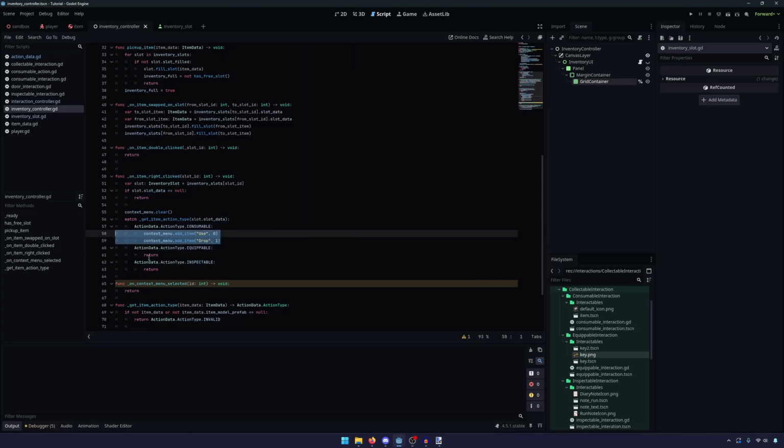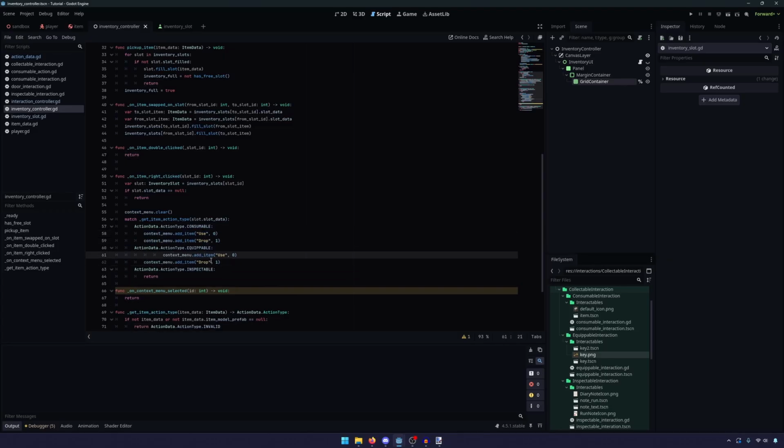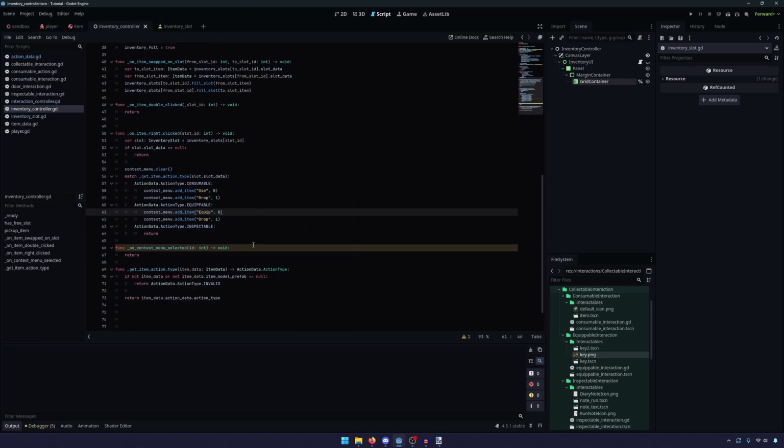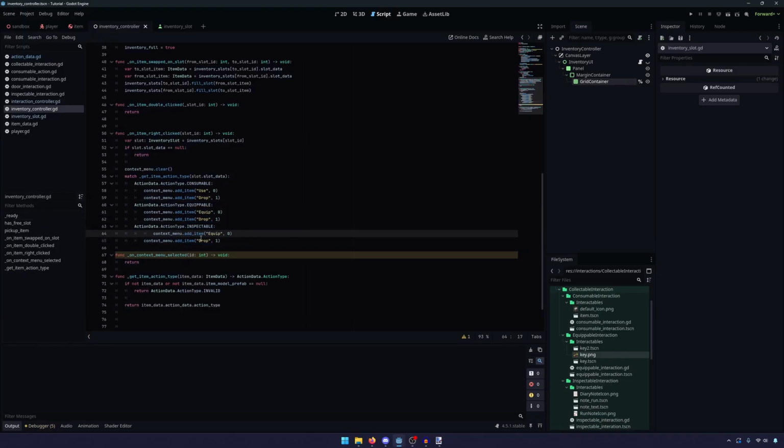And so I'm going to go ahead and copy both those lines and put them in the equipable and adjust their indent. So in equipable, we can't use it. However, we want to put it in our hand. So we're going to say equip. And then we also have our inspectable. So we're going to go ahead and change this. And I think I had this at inspect at one point, but I'm just going to write view like this. All right, so at this point,